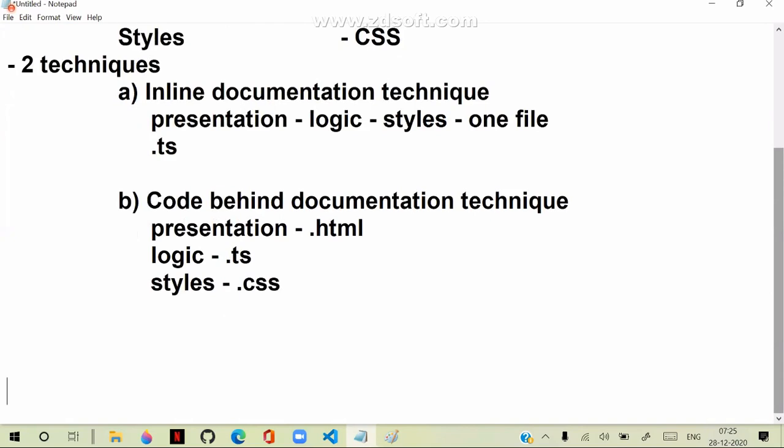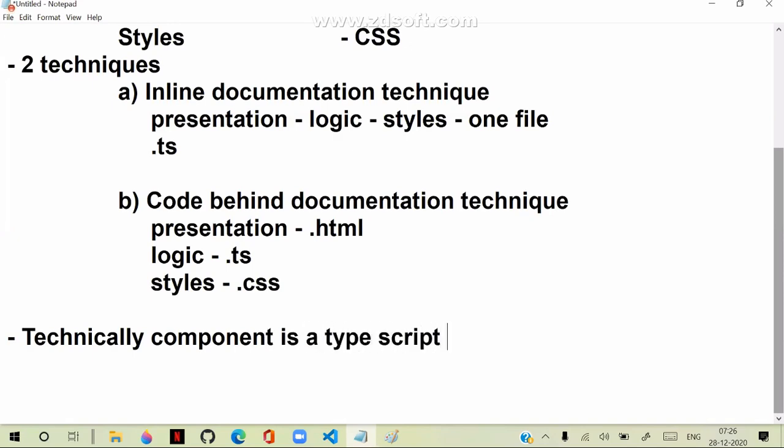And first, you need to know that to create a component, technically, a component is a TypeScript class.